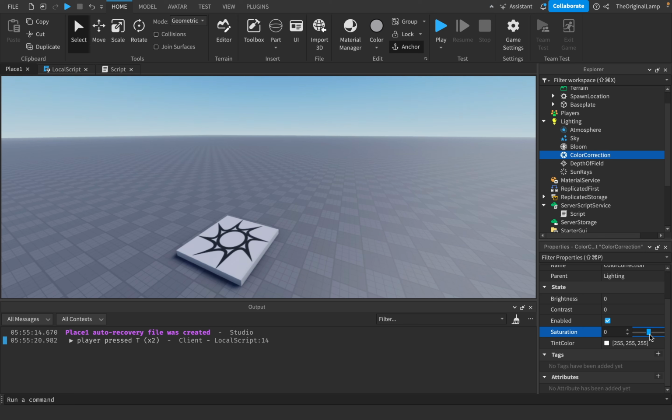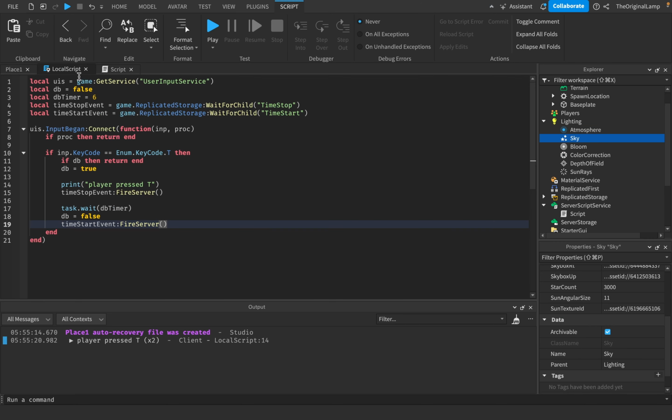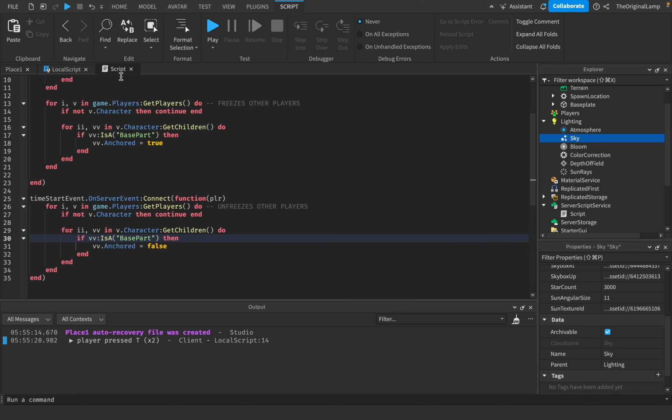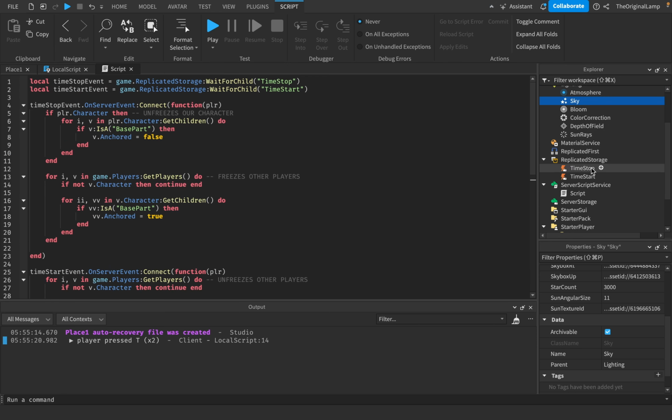And what I'm going to do is animate the saturation to go from 0 to -1. So I'm not going to set it equal to -1. I'm going to make it slowly animate to be -1. So how do we do that? I made a color correction inside of the script. And there's easier ways of doing this, but